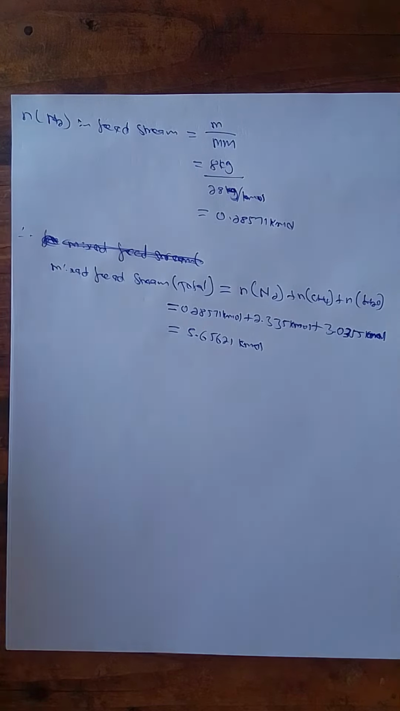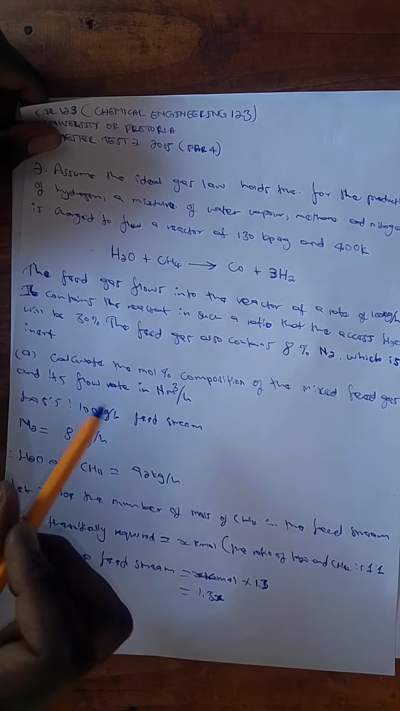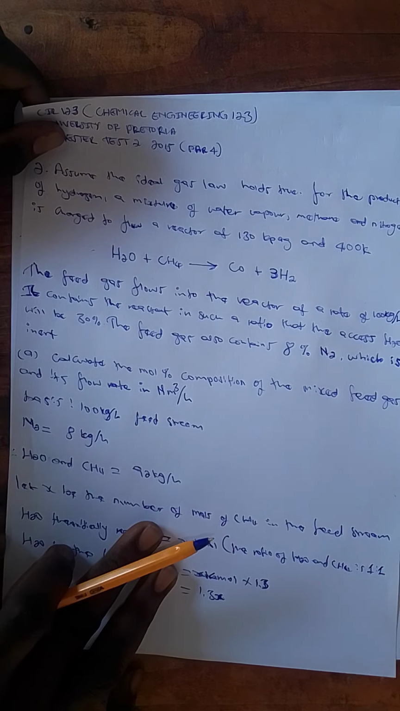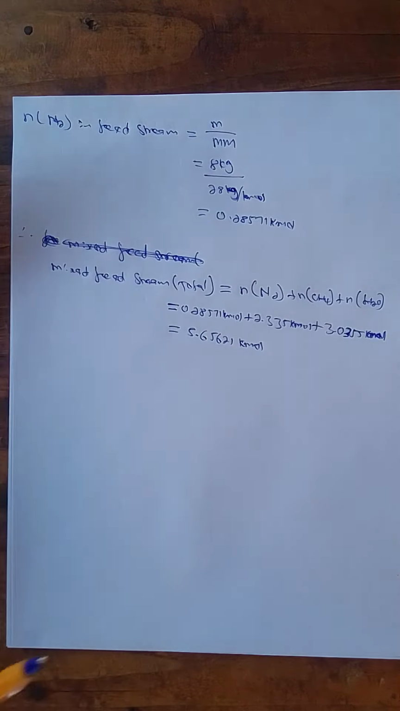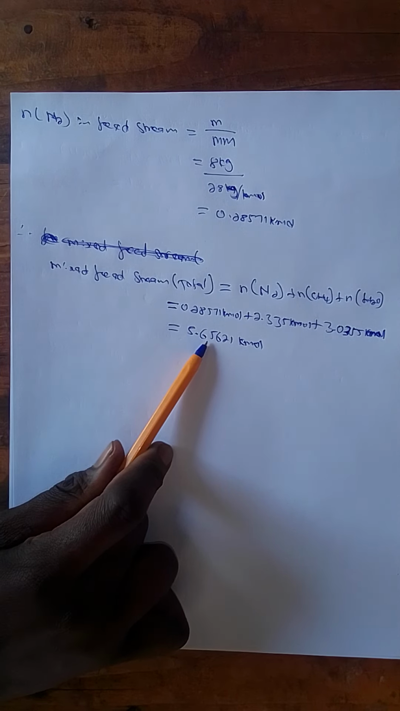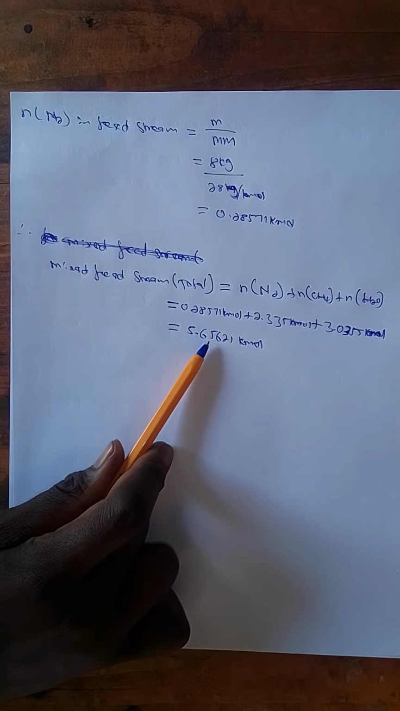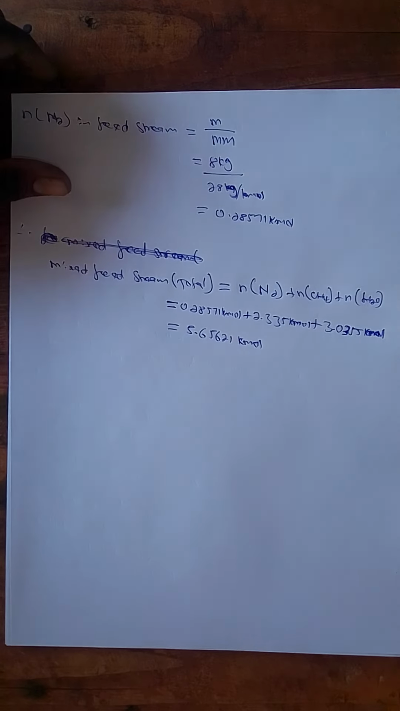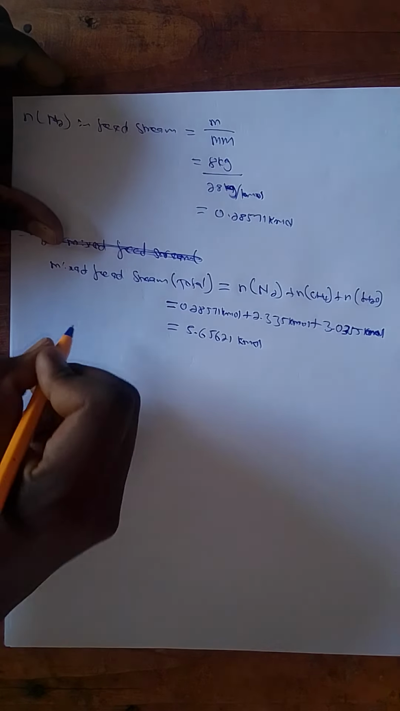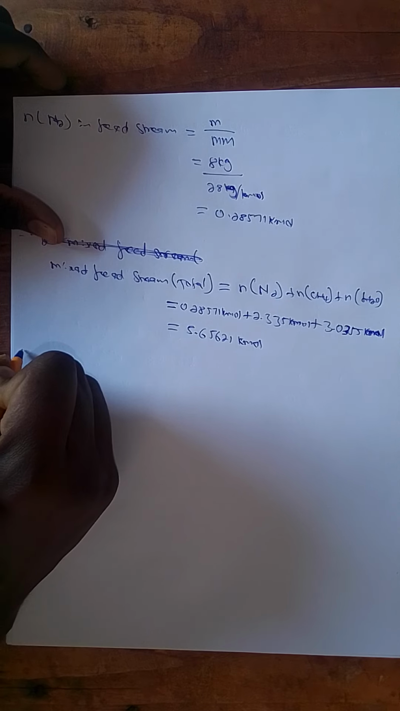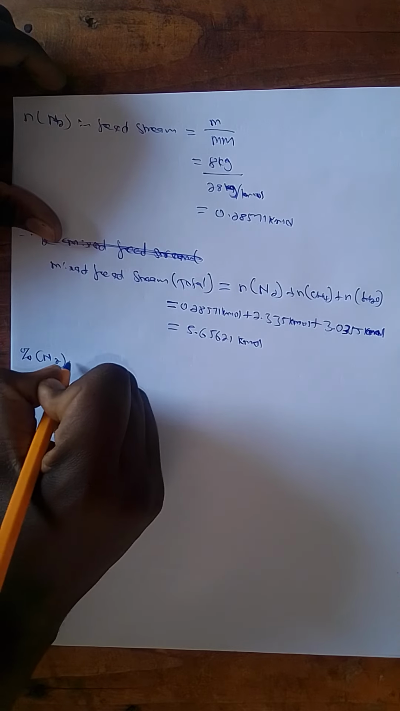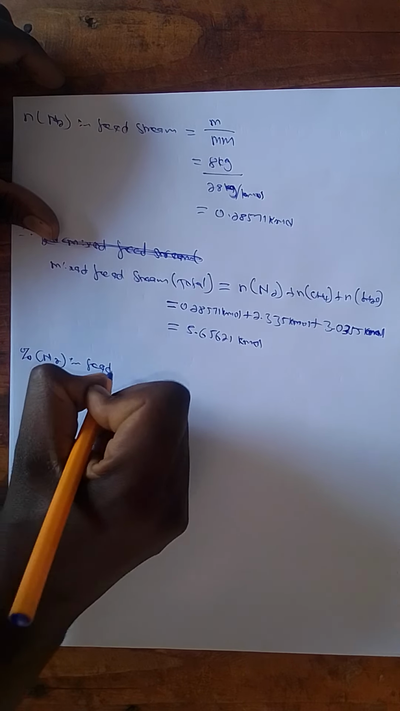And let me just bring the question up as a reminder again. They say calculate the mole percent composition of the mixed feed gas and its flow rate in normal meters cubed. So we have the total kilomoles of the mixed feed stream, and we also have the individual kilomoles of each of the three compounds. So we can simply calculate the percentage composition of each one. We can start with the nitrogen and say percentage nitrogen in feed stream